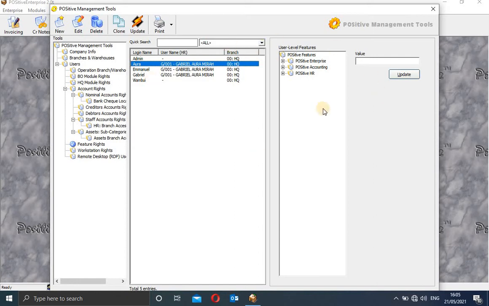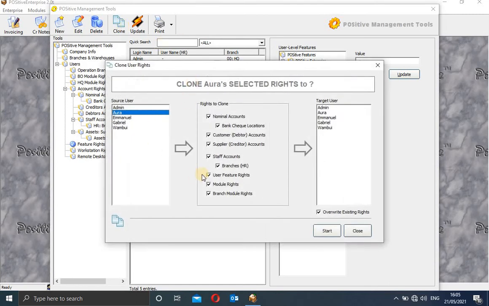So in a nutshell, this is where you come when you want to define who is supposed to do what and who is not supposed to do what. Now, like the cloning here, it's also the same. Like we had discussed, with cloning, it is there that you can choose the rights. Maybe if you want to give admin rights to a specific person here, I can select this guy. Then when I do start here, it means all the rights that the admin has will be given to this person.